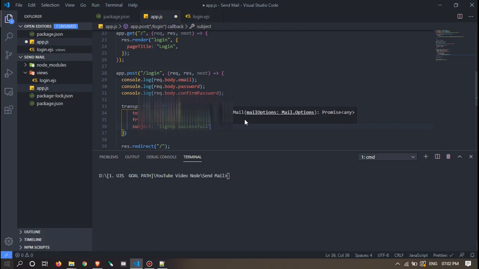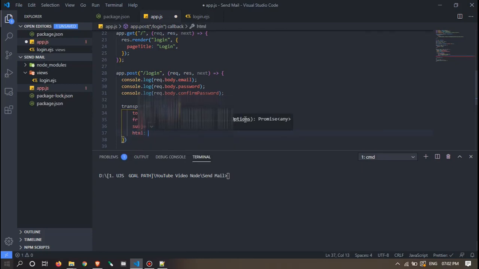Then another option we can give is the body, what the body contains, right? So we will just put an h1: you successfully signed up, h1 tag close. So this mail has this line.